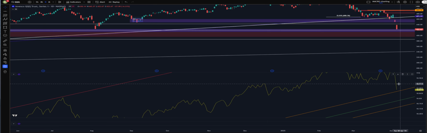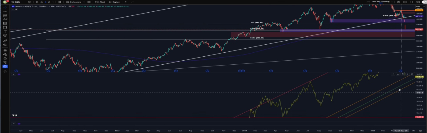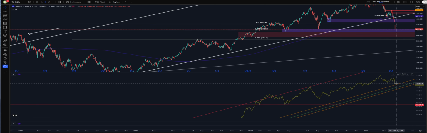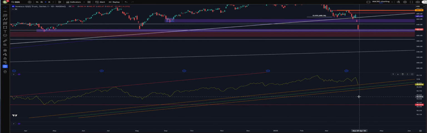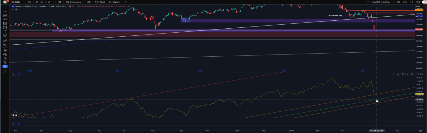In my opinion, we could have some more pain. But this is 25 years of proof of concept for this line, showing that this is a major bottom. Okay? Could we go a little bit lower? Yes, we can. You're going to realize that this level of drop is literally just from 2 candles. So we can literally hit this week, right? We get one more sell off, we can hit it this week.